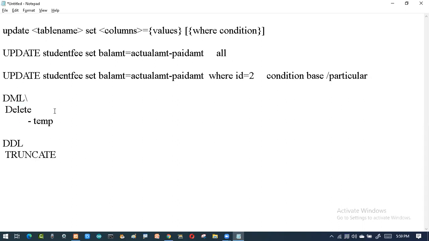Condition number one: you want to delete only one particular record. Or I want to delete all the records. So delete all.